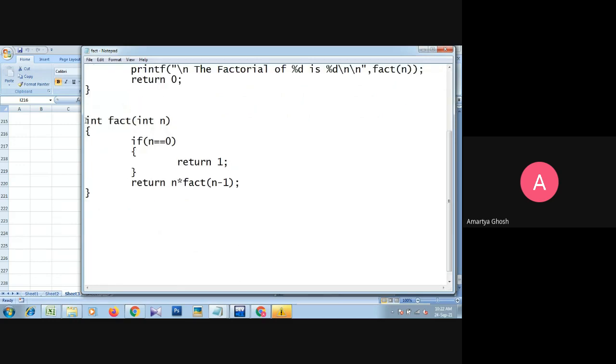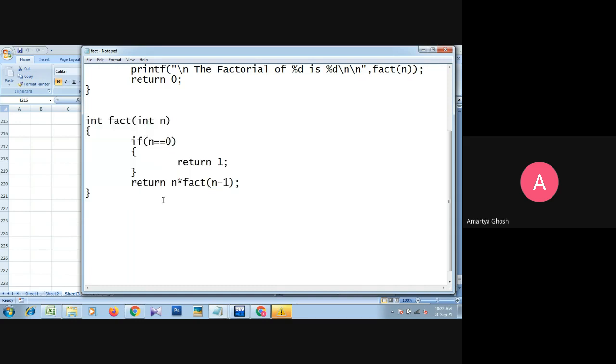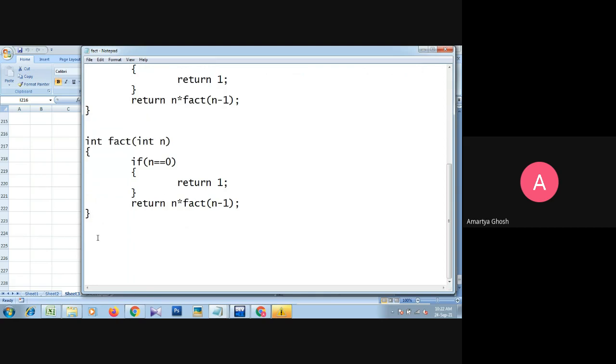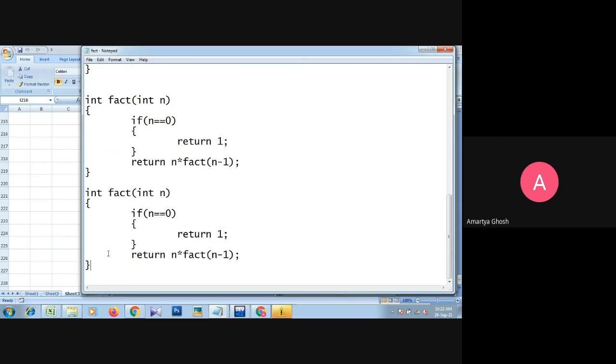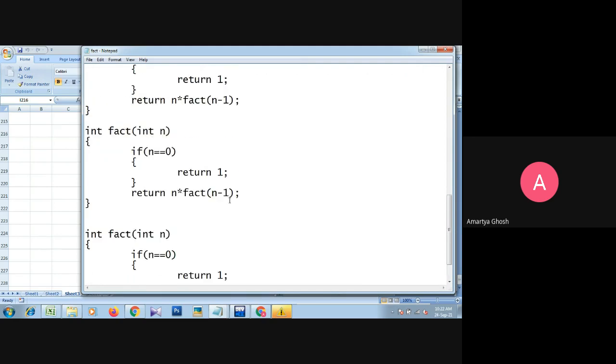Okay. So this is a recursive function, which should be written a single time in your program, but to understand the problem properly, I just copy this 4 times. Okay.